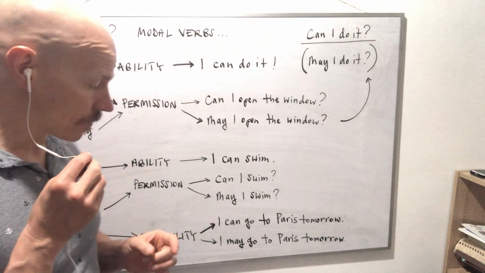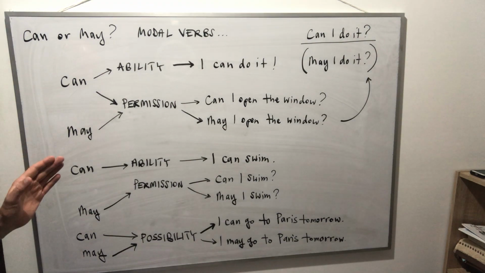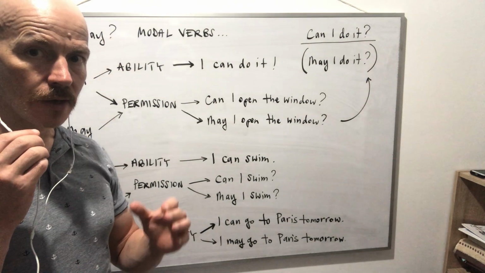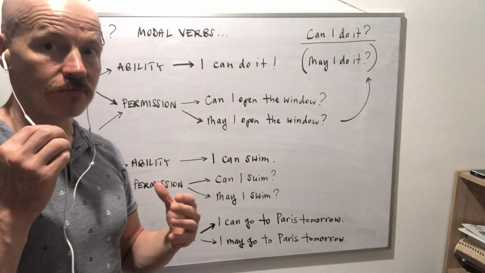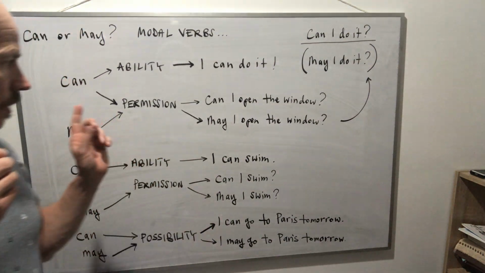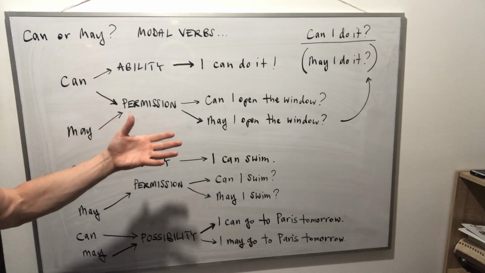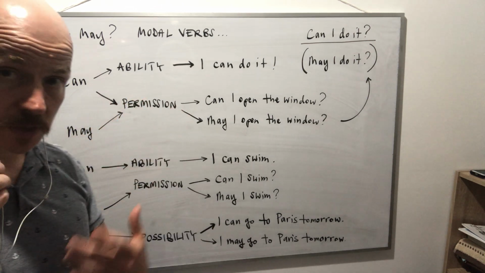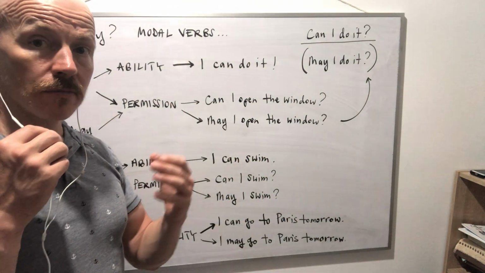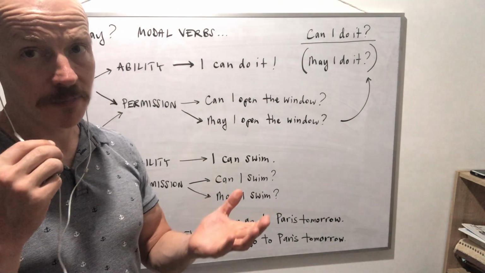Yeah. So there we go. Can, always used for ability. I can do this. I can do that. Always used for ability, expression of that. Nowadays we tend to use can probably quite often just to express permission. Can I help you? Can I open the window? Can I ask you something? And